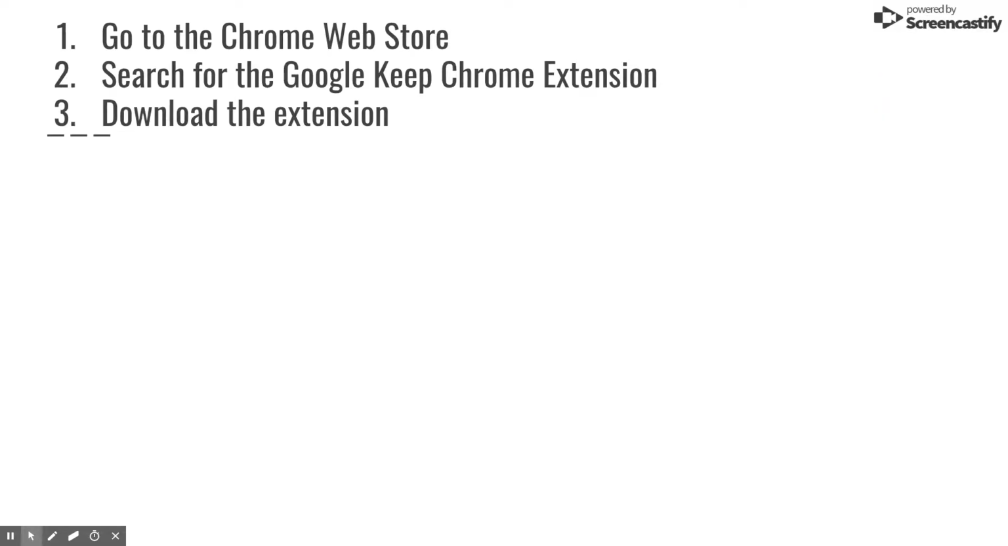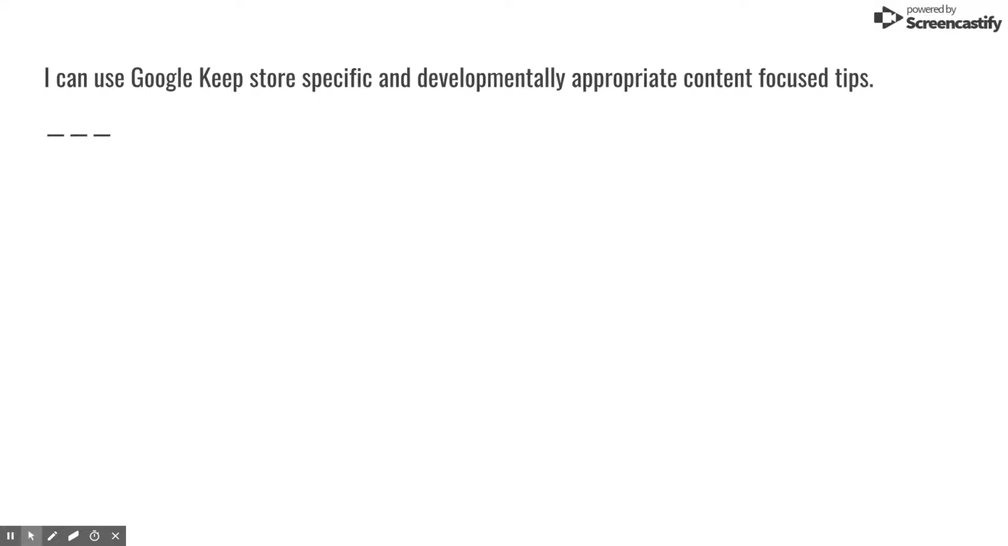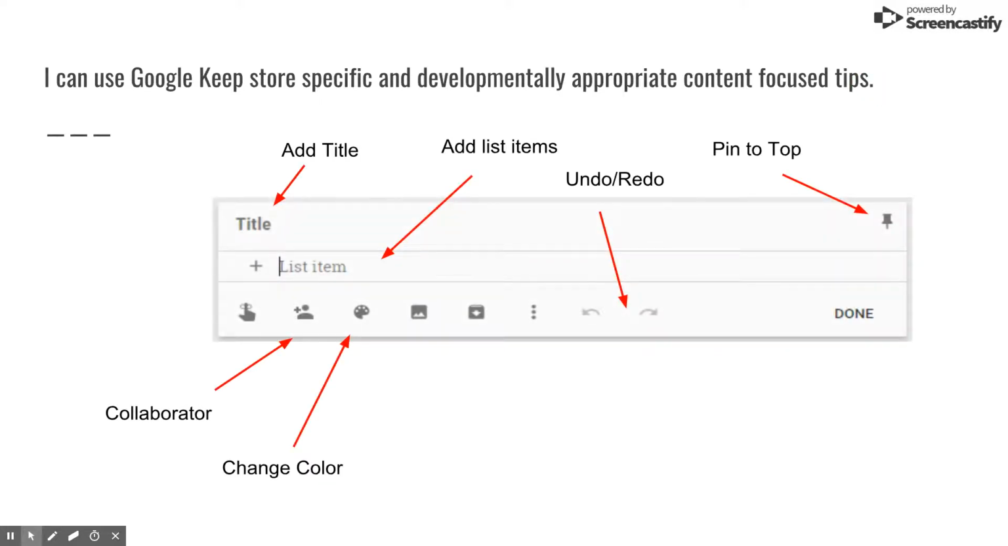And so first, to get started, you have to go to the Chrome Web Store, search for the Google Keep Chrome extension, and download the extension. And then once you have the extension downloaded, you can use Google Keep to store specific and developmentally appropriate content-focused tips. And what you'll see is at the top of the page, a box where you can add the title